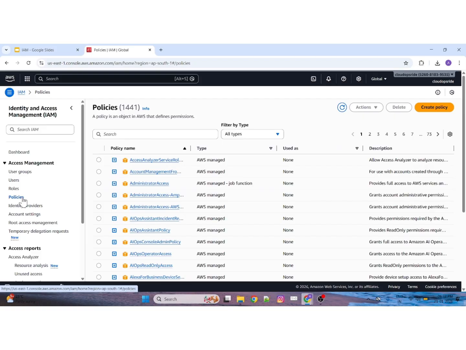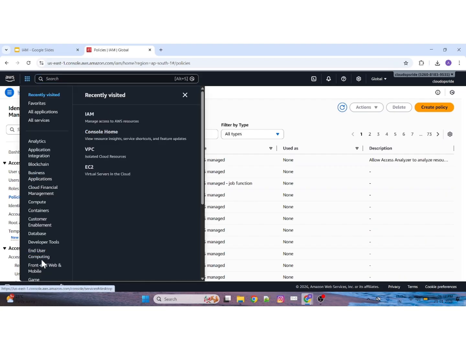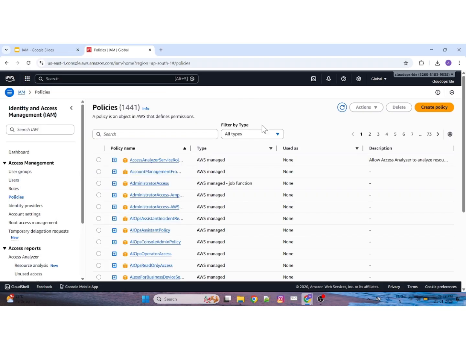What level of permissions do you need to give for a user or a role? There are around 1441 policies already defined in AWS, which are known as AWS managed policies. We'll come to the types of policies, but let's first understand what a policy is. As I mentioned, there are n number of services in AWS. If you want to assign permissions onto any of these services, there are predefined policies that are already maintained